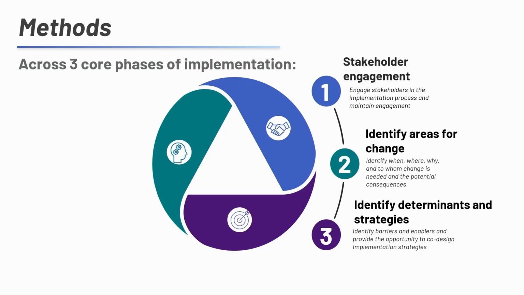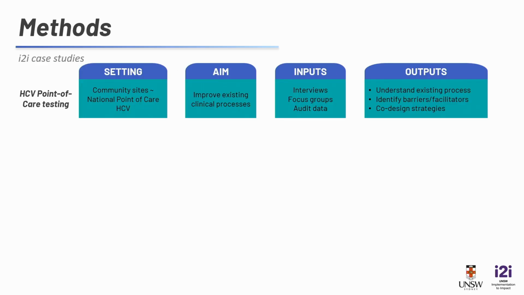Identify areas for change. So in implementation science, we're often looking for the gap or the problem that we might be trying to fix. And then through implementation science as well, we can use process mapping to identify determinants and strategies. And we've used these methods in point-of-care testing, so through community sites in the National Point-of-Care Hep C programme, and you can see the aims, inputs and outputs of that programme there, and that's the one I'll go through